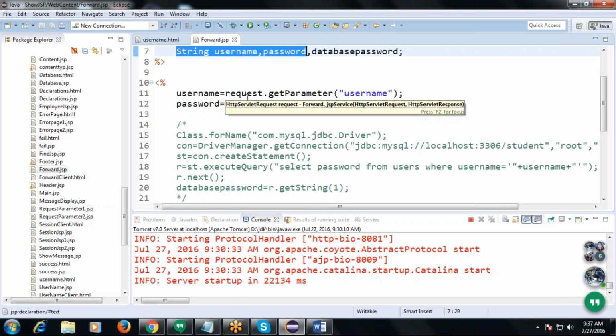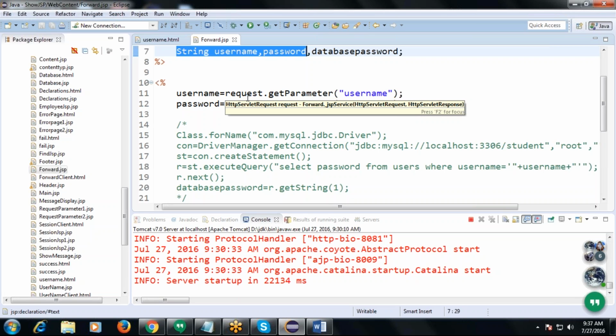Now tell me how we can make the declarations in case of JSP. Sai and Venkat, how can we make the declarations? We discussed that in the last session, right?